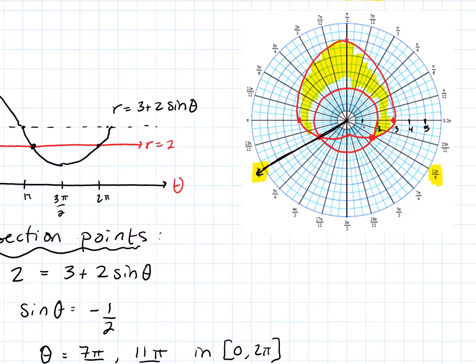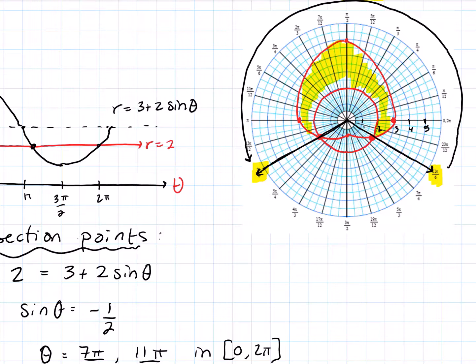But check out, if I were to say, we want to trace out this area, and we want to trace it out in an increasing order. We talked about that with b being greater than a when we were setting this up. And so check this out. If I go from 11 pi over 6 to 7 pi over 6, that doesn't make any sense. That's not how I want to trace out the area. We want to make sure that we always trace out the area